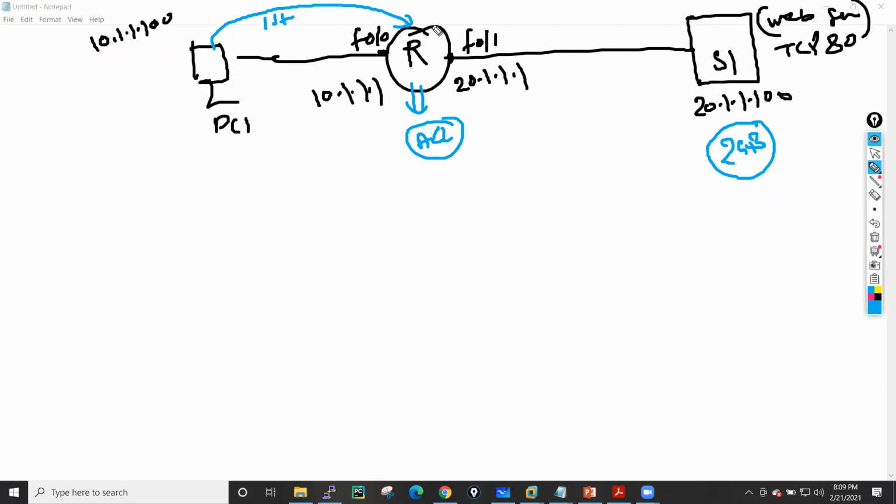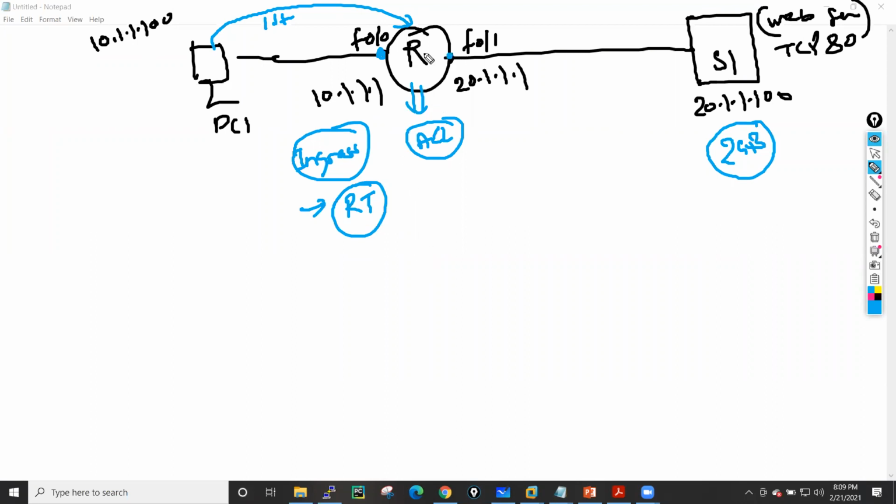Then what does this router do? Whenever it receives the packet on this interface, it needs to process this packet against the ingress check, right? In the ingress check, it will basically check whether the header is formed clearly or not. If there are any header errors, or if fragmentation happened, it will do the IP reassembly. Then it will also match that particular traffic against the routing table, right? All these kinds of checks it needs to perform in this way.